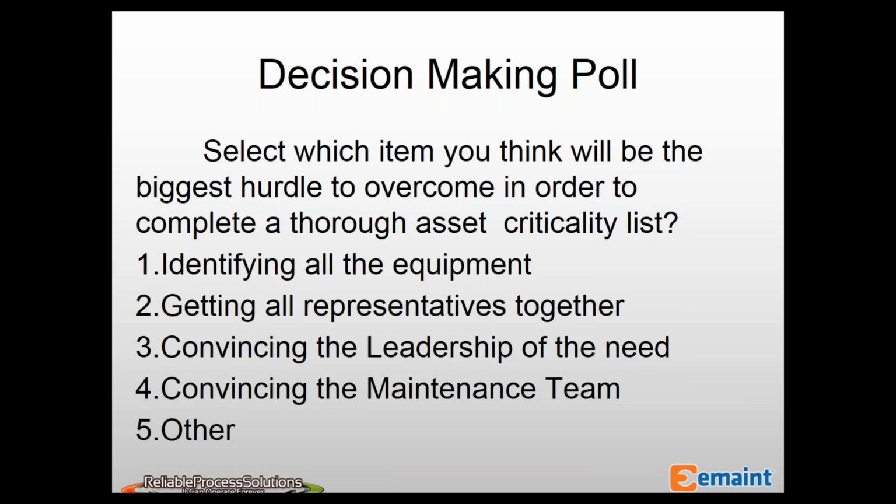Is it as equipment, at a component level? And maybe you can give a couple of different examples of levels in different industries or for different systems. Yeah, sure. Good question, and that's an excellent question, as a matter of fact. So we recommend you do it at the equipment level,